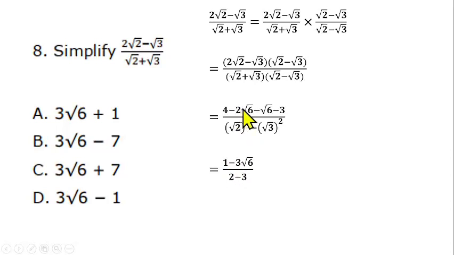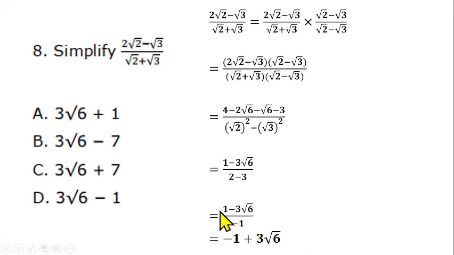Then minus 2√6 minus √6 gives us minus 3√6 over √2 squared, which gives us 2, minus √3 squared, which gives us 3. So we have 2 minus 3 here, that gives us minus 1. So technically we are having 7 minus 3√6 divided by minus 1. So that should give us minus 7,